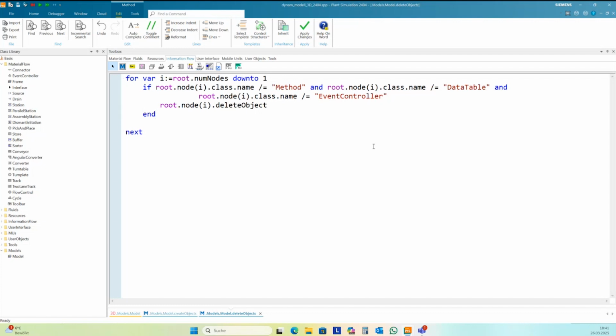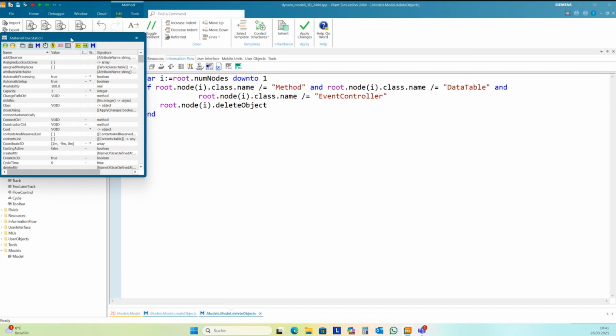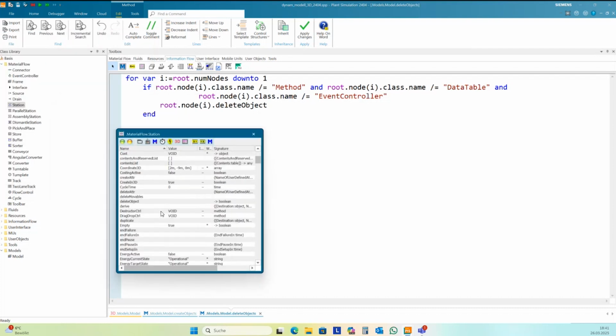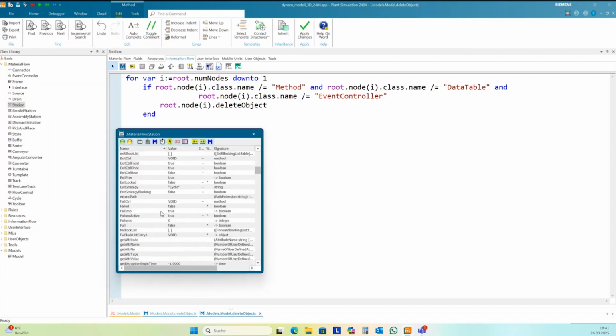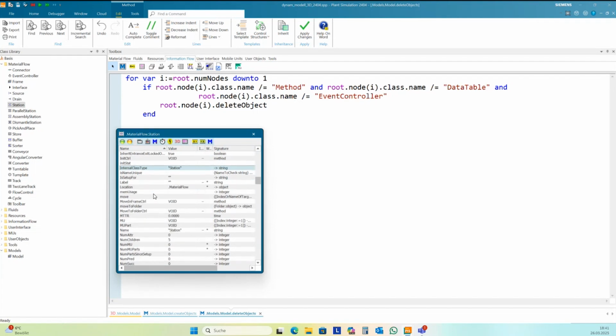There are several different ways how you can check the object types. Class is one, but if you get into the attributes and methods of the station, then there's a resource type attribute or internal class type. A resource type I want to have.